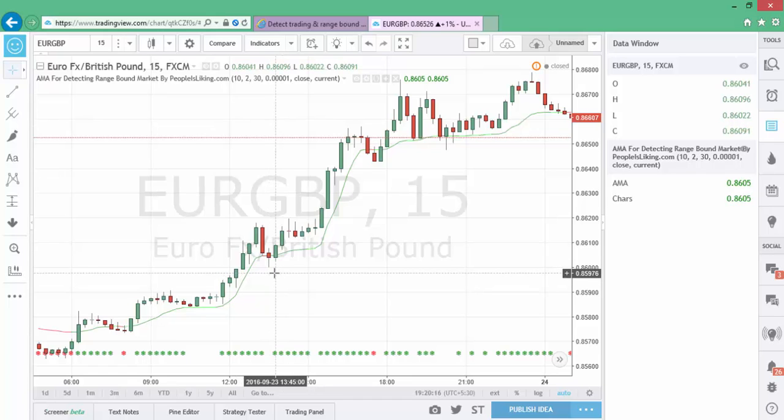But again it changed direction and it says it is a trading market, so we continue with it. Here it is going in a range bound market, but it is green color, so we are not going to be out of here. We are still continuing with the trend. Then it goes in an upward direction till here.